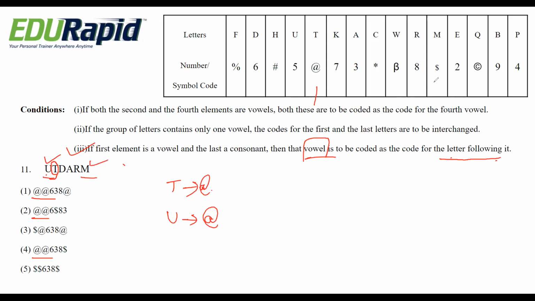For M it is coded as dollar. And here the first one is eliminated, it is coded as at. So the second one is also eliminated, it is coded as 3. So 4 is the only possible way, dollar. For M, dollar is present. So we can say that option 4 is the right answer.